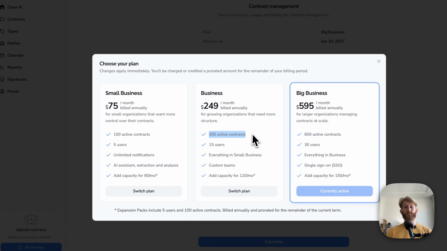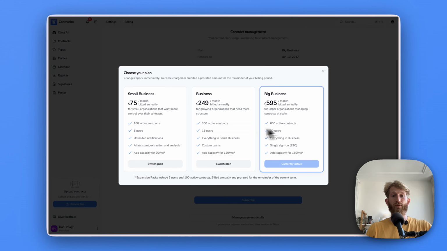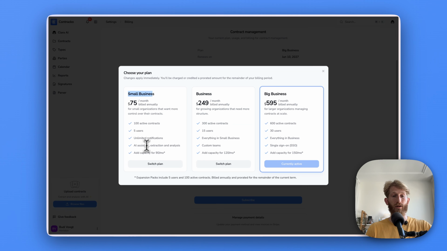So let's say you're on this plan, then you can track 300 active contracts, you'll get 15 users and unlimited reminders, and then basically uncapped signatures up until this level of contracts. Now you'll see there are increments from 100 to 300 to 600. If you fall in between, you can take one of these plans and add an expansion pack. So you could add another 100 contracts and 5 users at a reduced rate, basically.